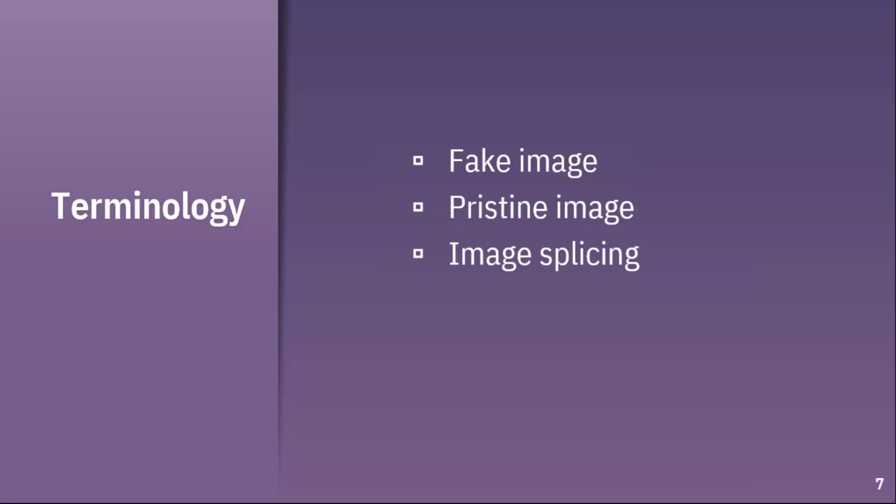Before we move ahead, we would discuss some terminologies which are used in the case of image tamperedness. One is fake image, one is pristine image, and the third one is image splicing. So what's a fake image? A fake image is an image that has been manipulated using the two most common manipulation operations, namely copy paste or splicing. Copy paste means copy from another image and paste it there, and splicing means extracting the part